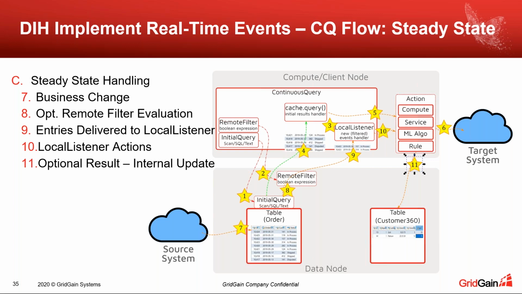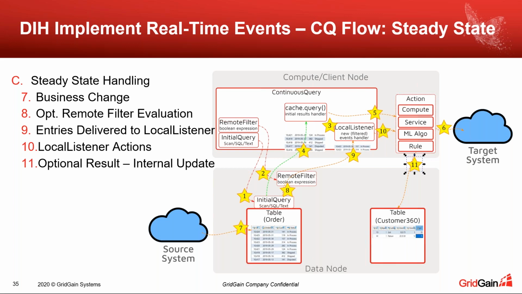The first thing it will do, in step number 8, is invoke, if applied, the remote filter, and it's going to evaluate. If it's true, the data will pass. If it's false, we'll completely ignore that data. Once those entries are delivered to the local listener, the local listener applies the processing logic applicable to this data. In this particular case, I've called, let's say, an ML algorithm or a compute API service. In step number 11,